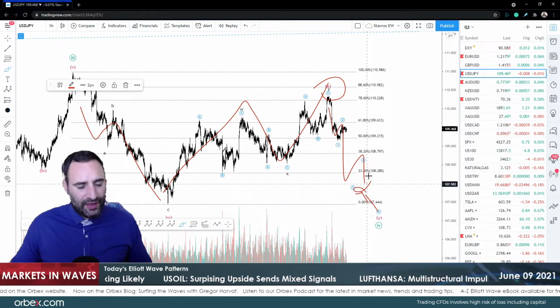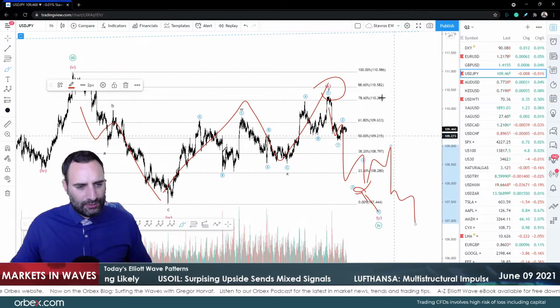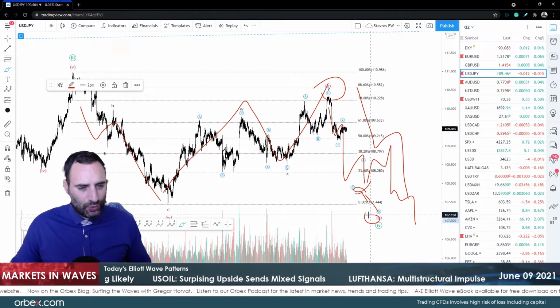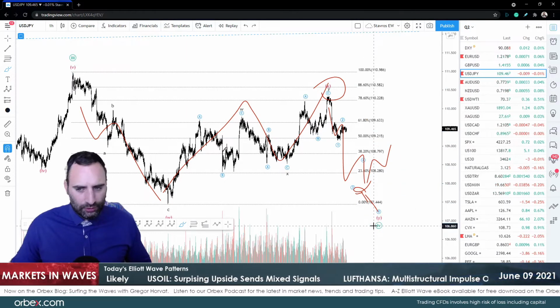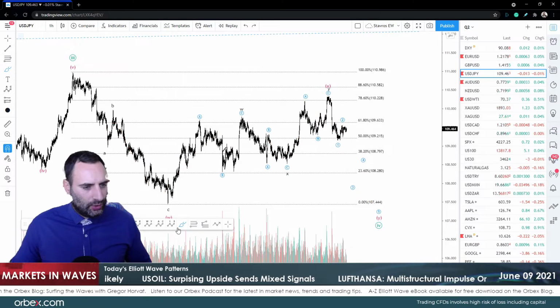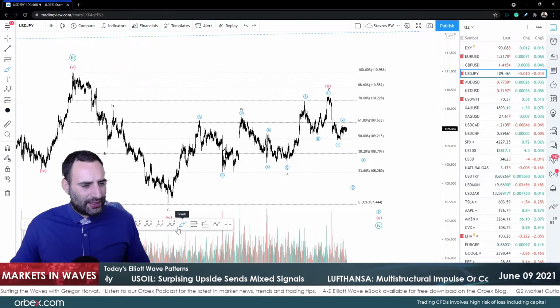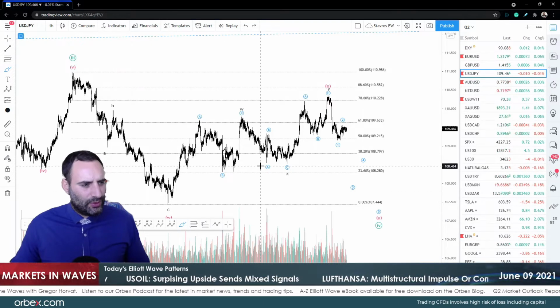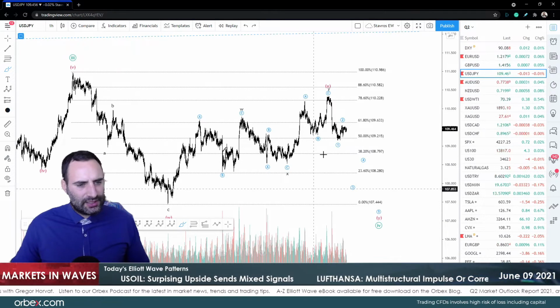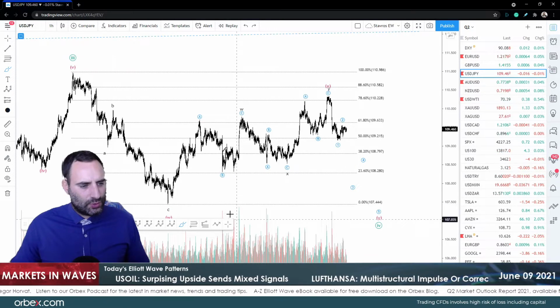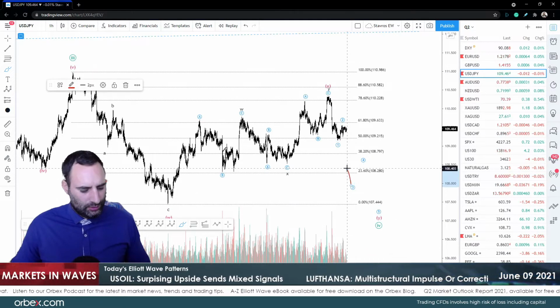That will be wave A, then we're going to get B, and then we're going to get C, because we expect an ABC in wave Y of 4, right? Since we are looking at the W, X, and Y here, which is likely to be a double zigzag rather than double 3, because, you know, ABC is a zigzag, and we're going to get C as a zigzag as well. Actually, let me just correct that now.